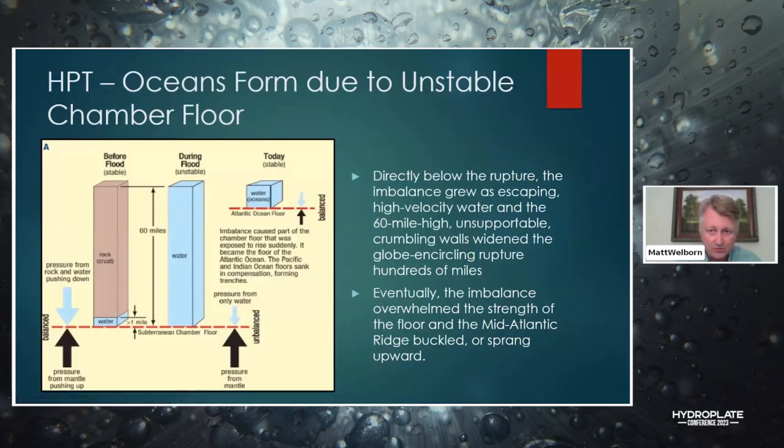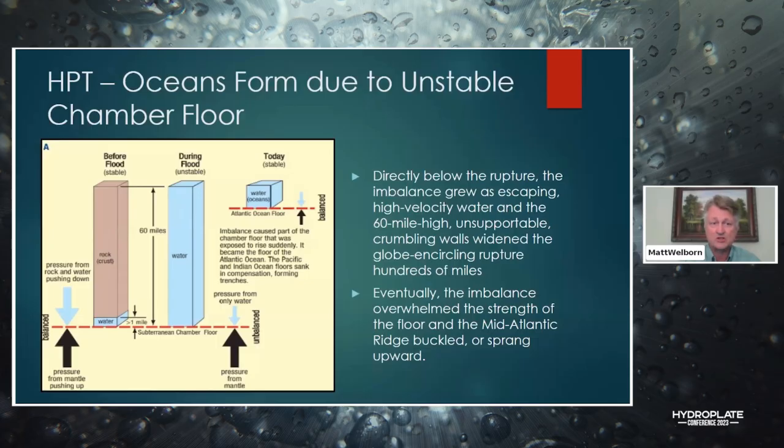So here we'll see that the real story is that before the flood, there was stability. And you can see in this picture on the left-hand side that we have two images. There's one that shows a stack of 60 miles thick of rock on top of this water chamber. And so there'd be high pressure, but essentially the pressure is balanced. 60 miles of rock sitting on top of the water chamber, and there's pressure, but it's completely balanced. The pressure of that water and rock on top is keeping everything balanced, even though it's 60 miles below the surface of the Earth.